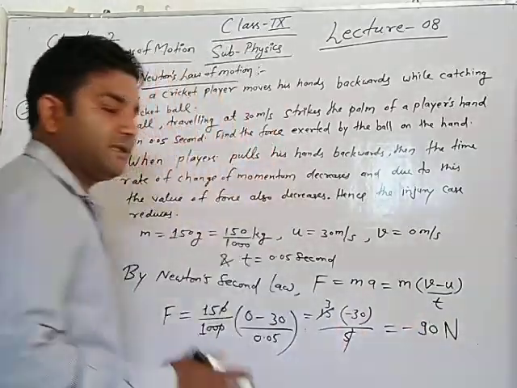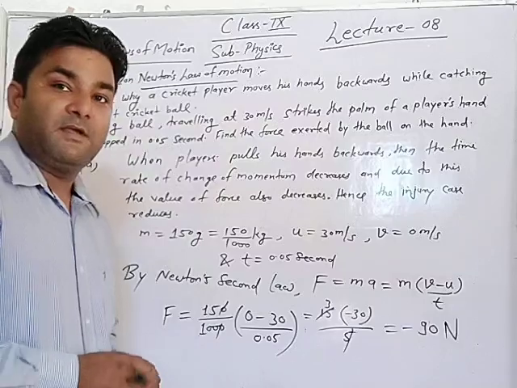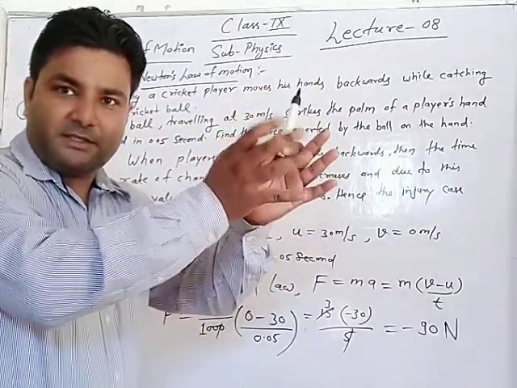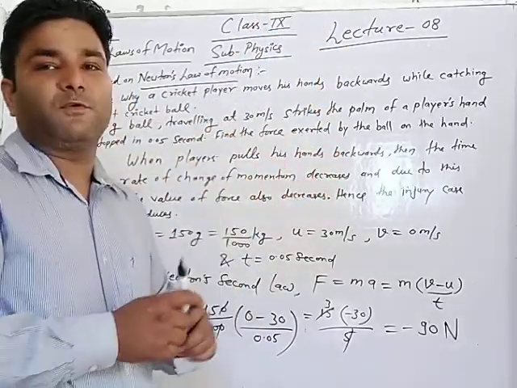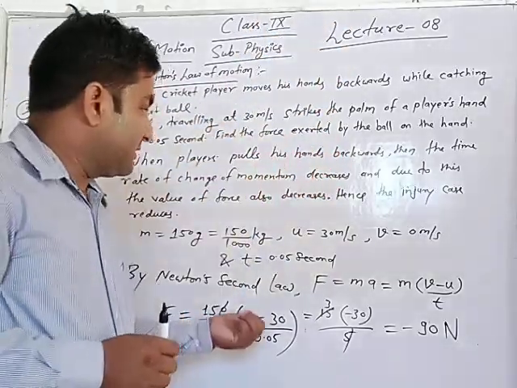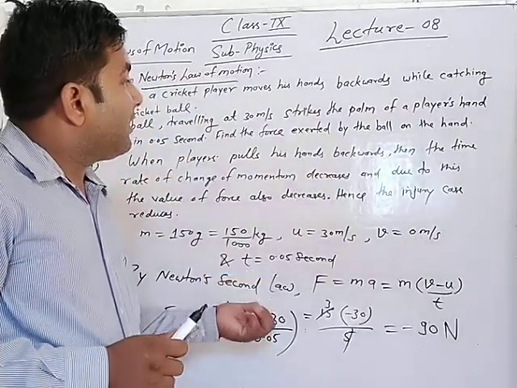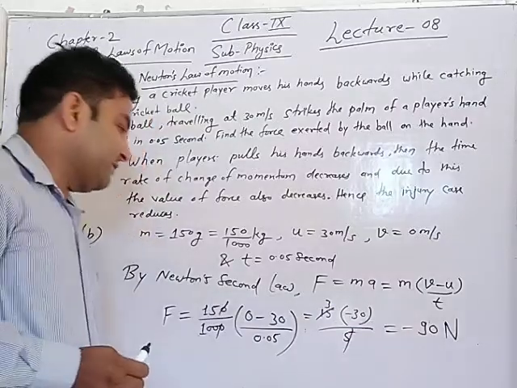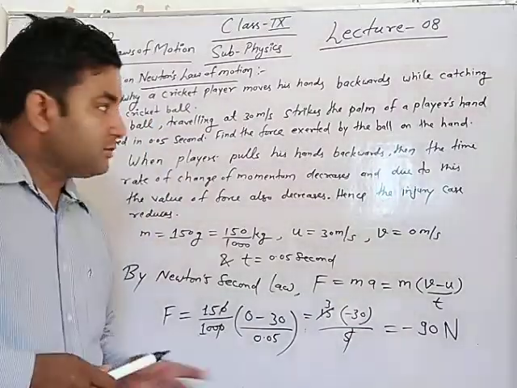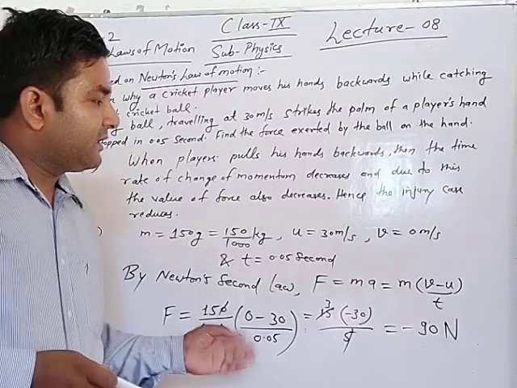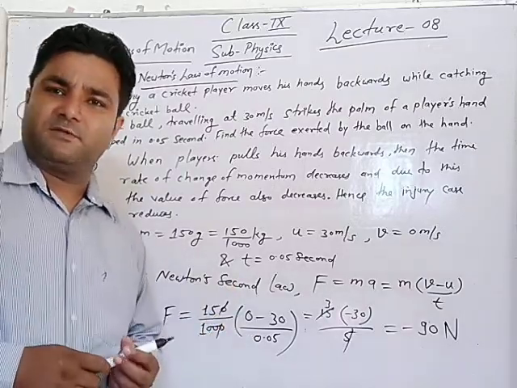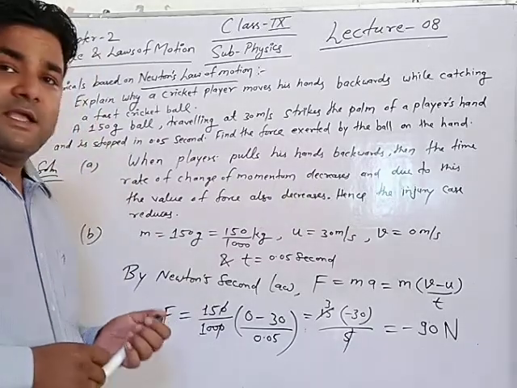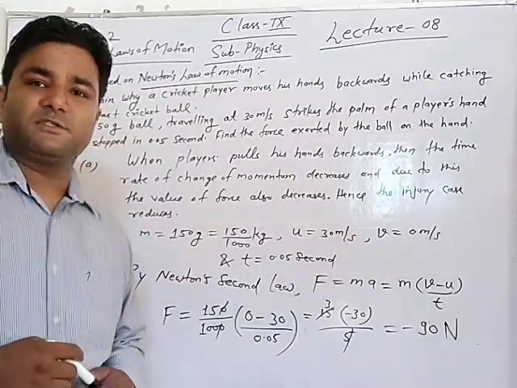Here the minus sign means the force of reaction. The hand applies force on the ball during catching, then the ball also applies a reaction force on the hand, and this is the force of the ball on the hand, that's why the negative sign. This is the force of reaction, that is 90 Newton. So the force exerted by the ball on the hand will be 90 Newton. Minus sign means only the concept of reaction, that is in opposite direction to the action force. So that's all in case of solving numericals based on Newton's law.